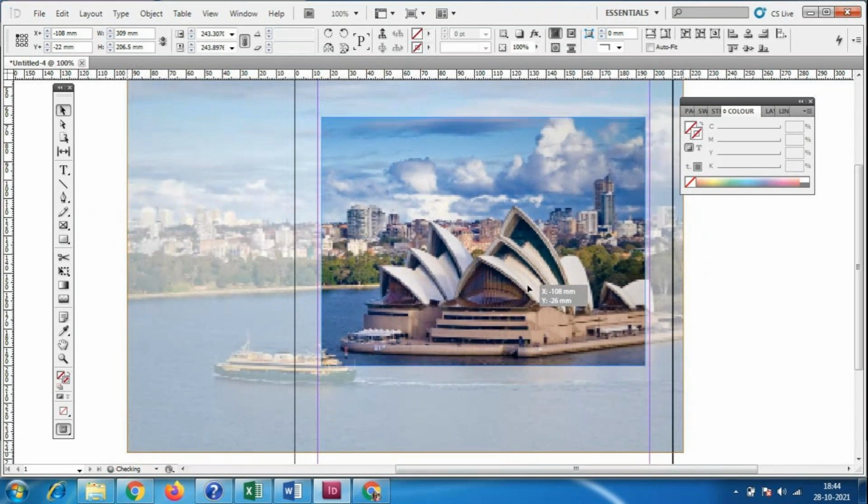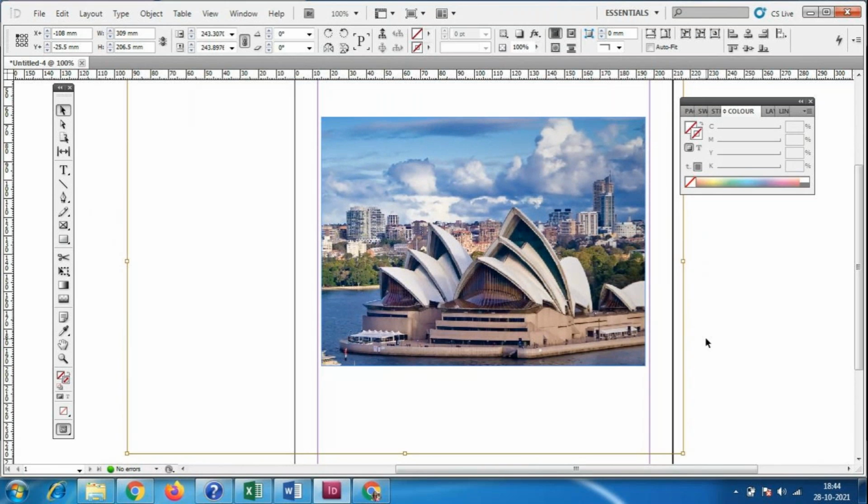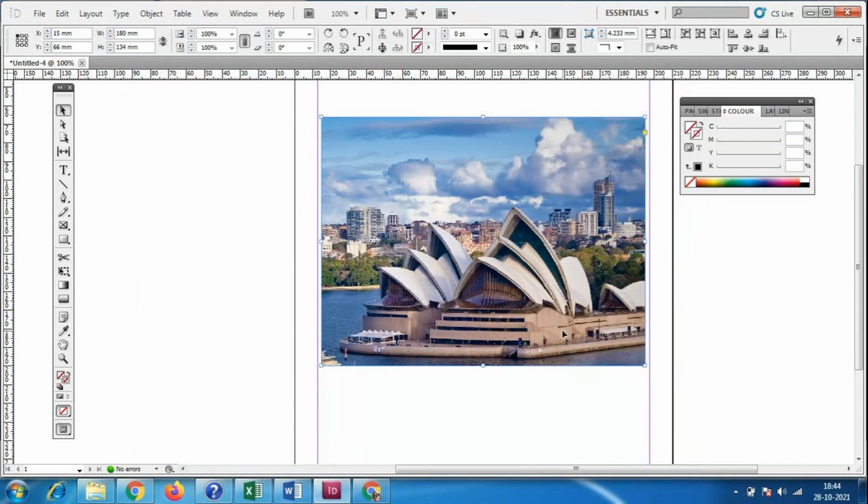Suppose we have to cut properly, it means we have to do it in Photoshop and bring it here. So we have to cut it in Photoshop and save it in JPG format, and then place the image like this. Okay, so like this we have to do. So we always need the help of Photoshop, because only in Photoshop do we have the cutting options. Other software we don't have the cutting options. So always we have to cut and do the brightness, any effects and all, in Photoshop. Then only we bring it here. Okay, so is that clear?